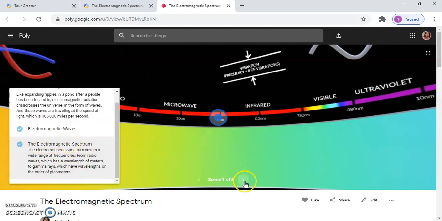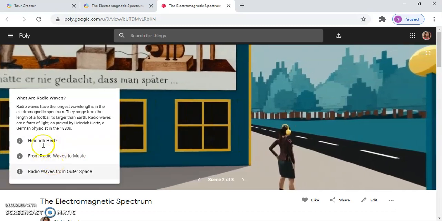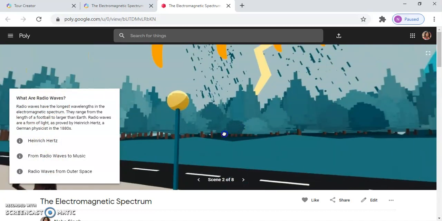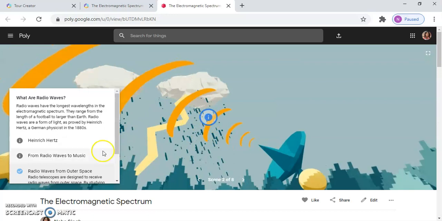Now you can also navigate to the scenes using the arrow. Now we have moved to scene 2, which has the following point of interest. Here it is explaining what radio waves are. You can just simply check a 360-degree view, and when you see a point of interest you can click on it and see its description.